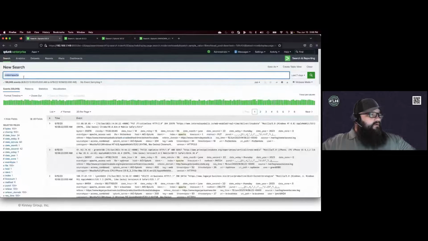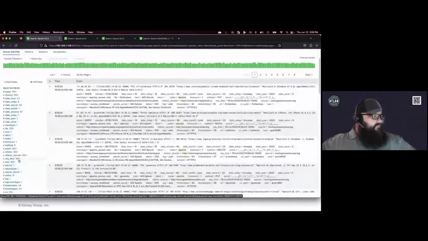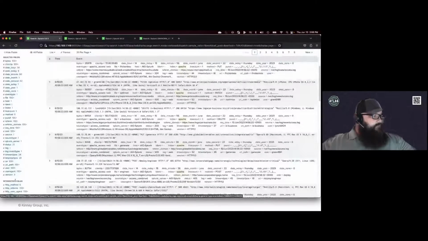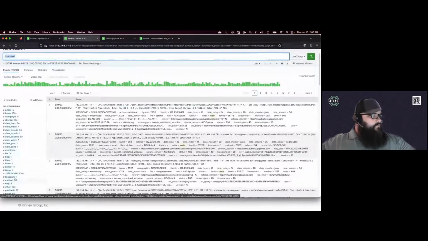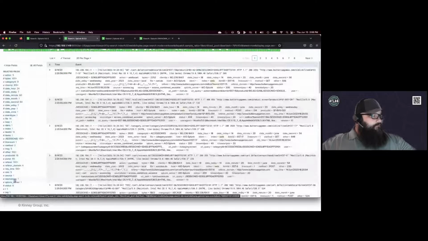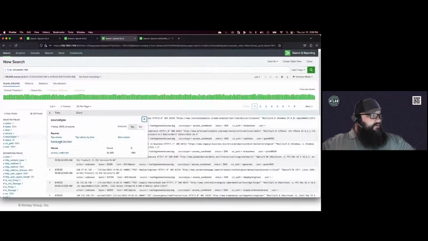Now, if we go back and we look at our Apache index and we find our source type, we can see this data is included, whereas the source type for this one, access combined with cookie, is not currently included in this web data model. So to get that second data set incorporated into the data model, first thing that we're going to need to do